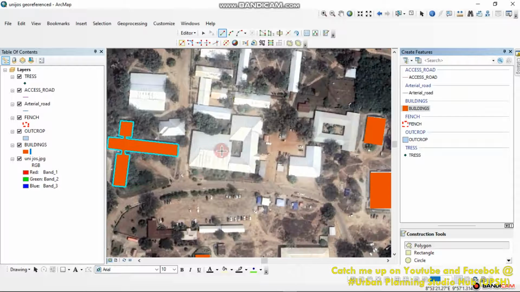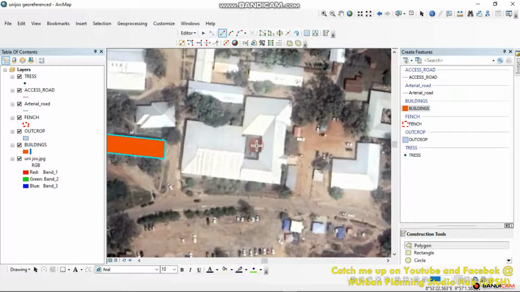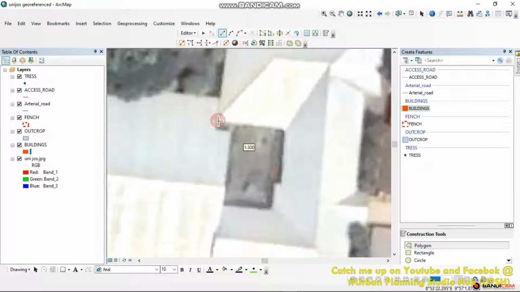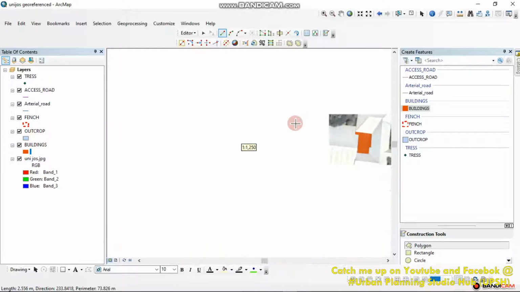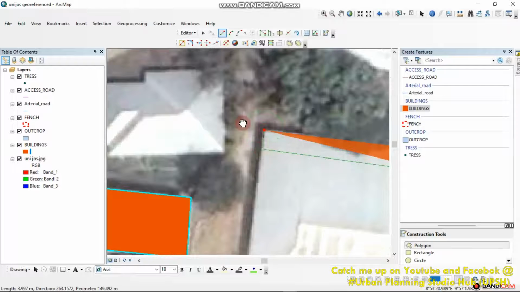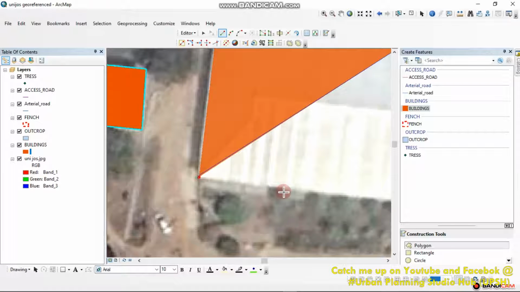Okay, now this building, let's try this. What we'll do is we'll trace this side, trace in and go around. So maybe we can start from here. Click here, you click inward first, click here, based on the pattern of the building. Click this,